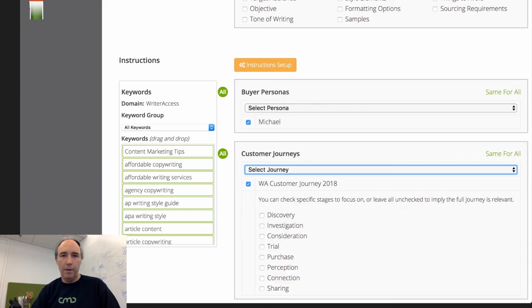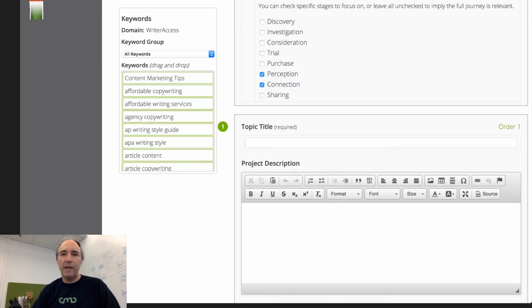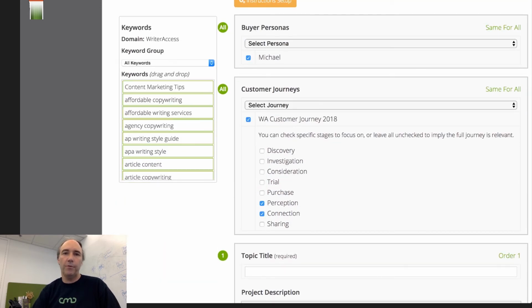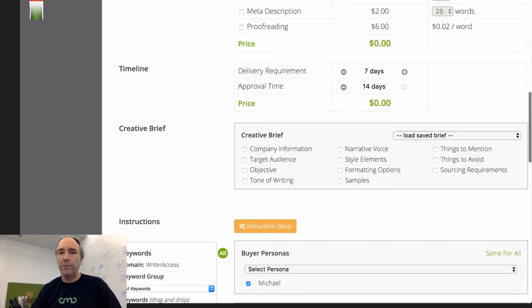I could pull up a select journey map, and maybe I'm creating content for the first couple of stages, or better yet, based upon my own tips and advice, let's create some content for the post-sale, which a writer can then see. They'll see just those sections of the customer journey map pop up for explanation, and just Michael's persona will pop up for instructions and requirements. So now we've educated and acclimated our writer on much more detailed information.